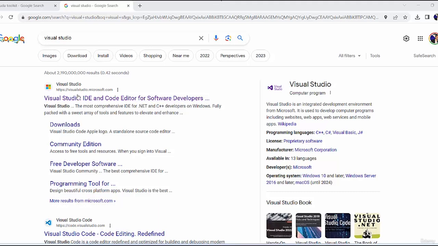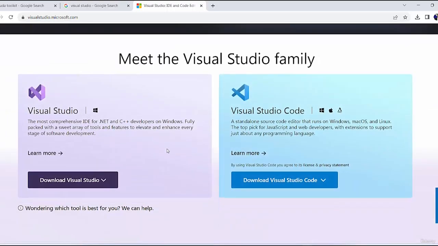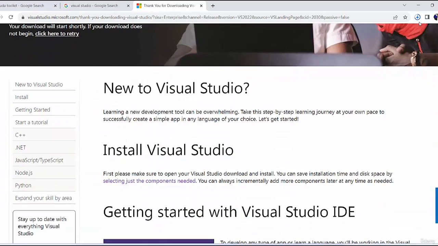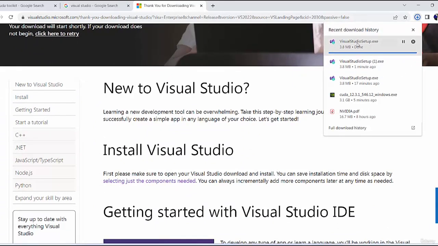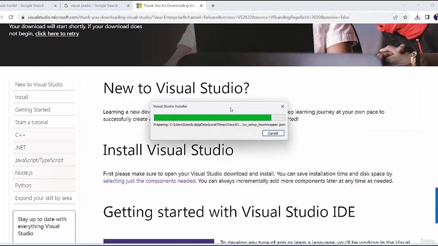Welcome everyone. We are going to start this video by installing the Visual Studio. As you see, you can search on Google and then open the Visual Studio website and download the enterprise executable file. Once it is downloaded, just click on the executable file to open, and then as you see